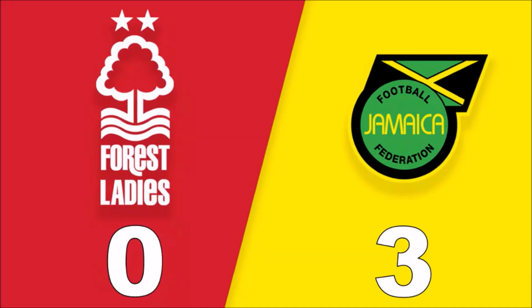Forest with Bonser once more. She's muscled out of it by Swaby. Danielle Sanderson, Wilson on the right hand side, cross comes in, nobody's there to receive it. It's back now again, shot comes in, and it's comfortably saved from Danielle Sanderson. Wasn't a lot on the shot. And the final substitution for Forest,